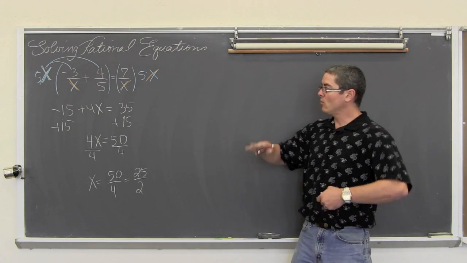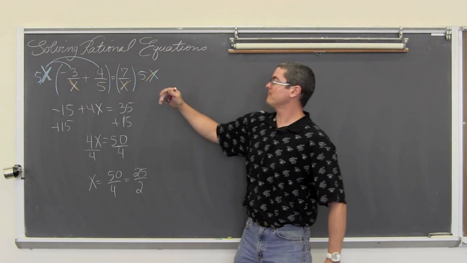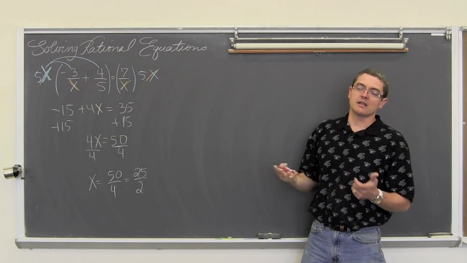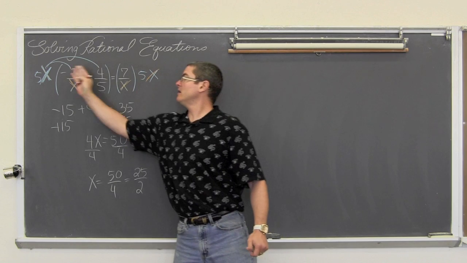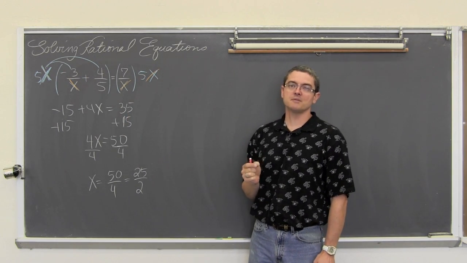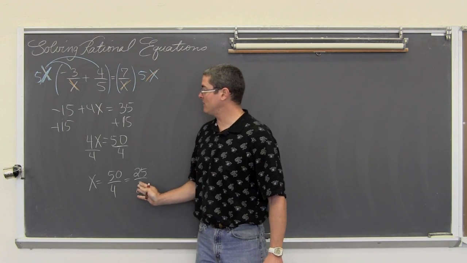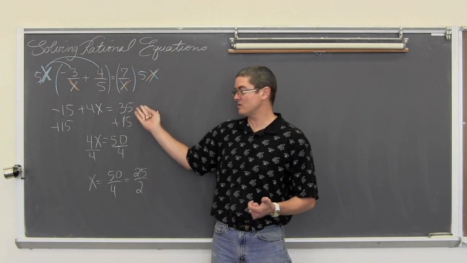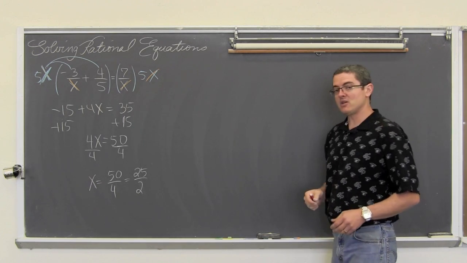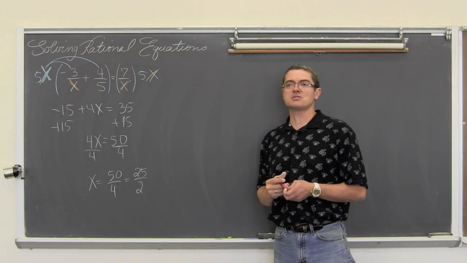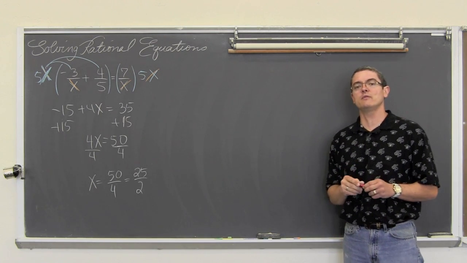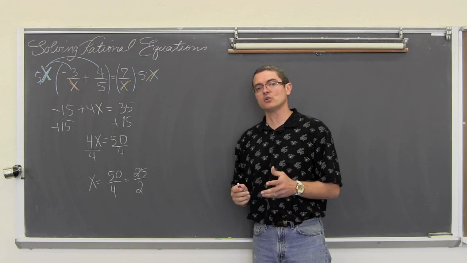Now, again, when you multiply an algebraic expression, or a polynomial, if you will, through an equation to try and cancel out these denominators, you do run the risk of having a solution that may be a solution for your modified equation, but will not be a solution for the original problem. So please make sure you plug that back in and check it. This is not just a sort of check your work to make sure you did not make any mistakes. It's to check your work to make sure you have not found an extraneous solution.